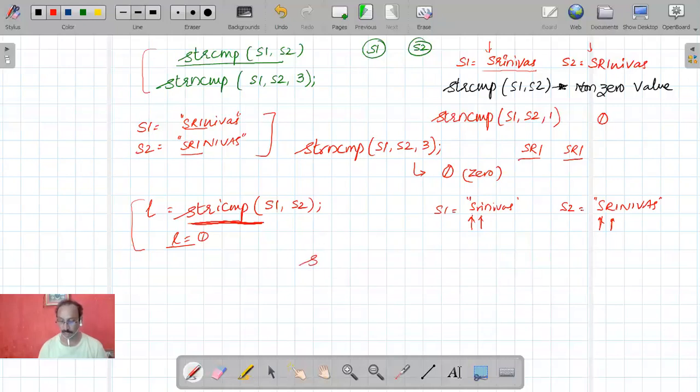Absolutely it is there. That is strnicmp. strnicmp of s1 comma s2 comma, let us say I have given 7. That means if I give L is equal to, I want to compare S1 and S2, and I don't want to consider the case, and I want to compare these many characters. If I write